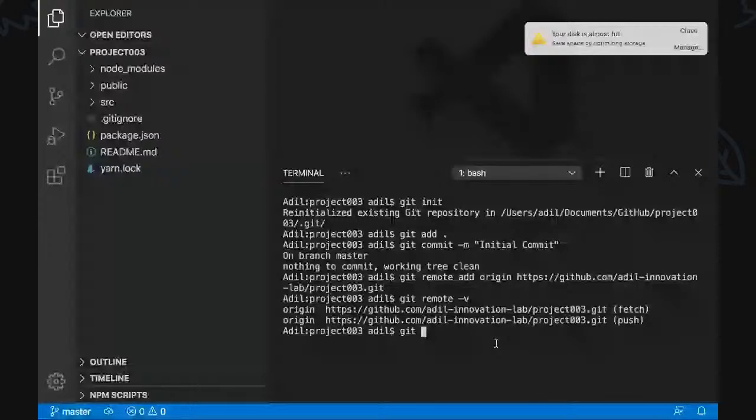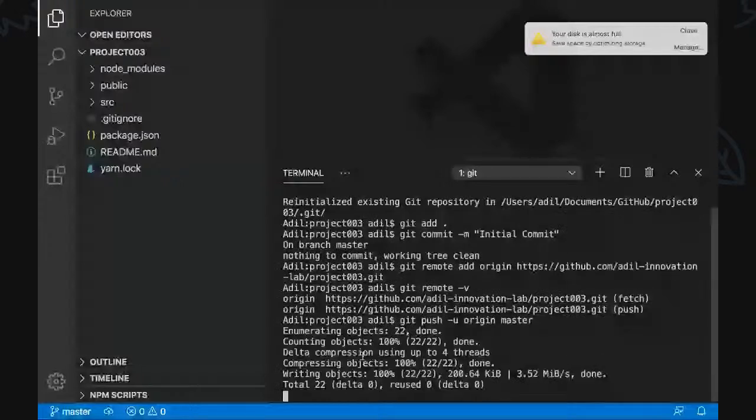We're pushing this to the master branch on the origin, which we have mentioned. So here we have pushed our code to GitHub as well. Once this completes,